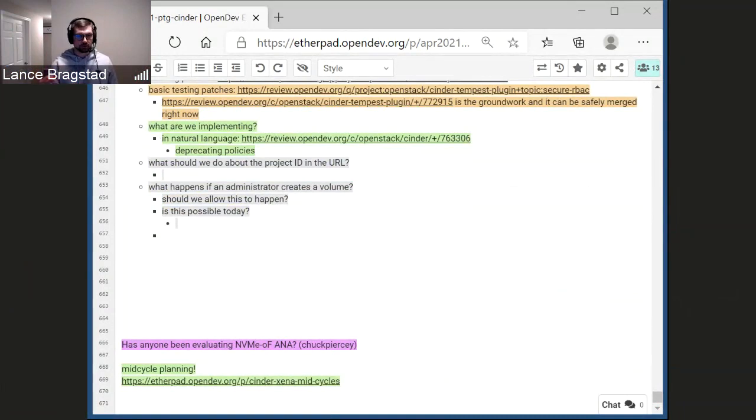The third approach is to allow clients to specify an HTTPX project ID pass-through header. This is a header that Keystone already sets in middleware. So in front of Cinder, you have Keystone middleware, and it peels the token off the request, sends it back to Keystone, validates it, pulls the project, the system, the domain, the user, all of this information out of the token response, and it sets these headers.